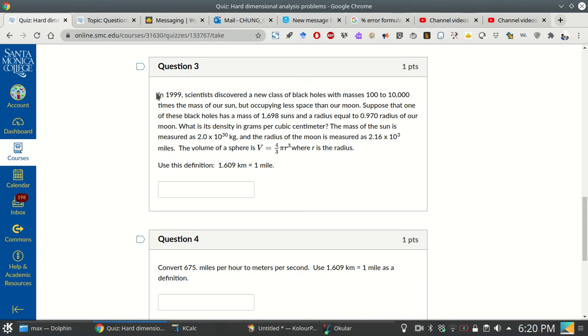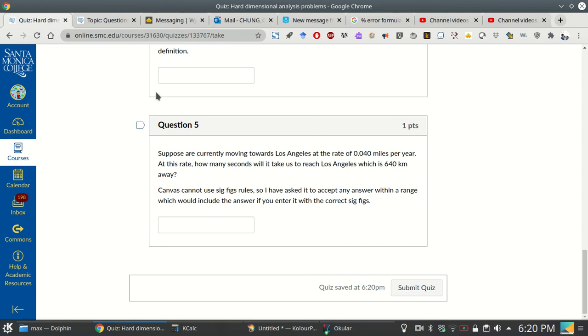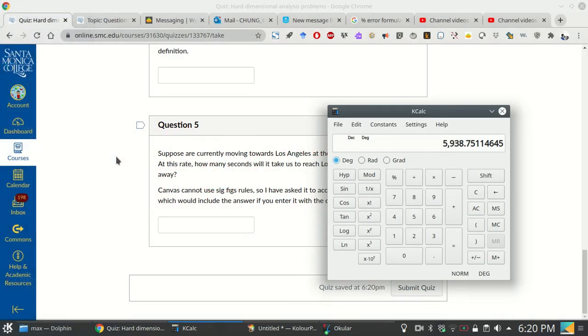This black hole problem. Actually, you know what? I have a video that I made for somebody on the discussion board about this problem, I think. So I will just put that up on here. What about this? This is an easy problem. I'm not sure why I put this on the hard dimensional analysis